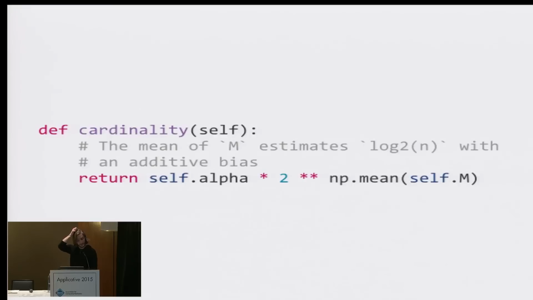Likewise, the cardinality is even more straightforward. It's basically just 2 to the mean of the buckets, right? So this is that estimation of the log base 2 of the number of unique items we've seen. And so, yeah, you can actually get a fairly accurate number based on this as long as you account for the additive bias. And there's probably someone in the room who can explain additive bias better than I can, because I never took discrete analysis. But it's fine. You can pre-calculate them when they're read.